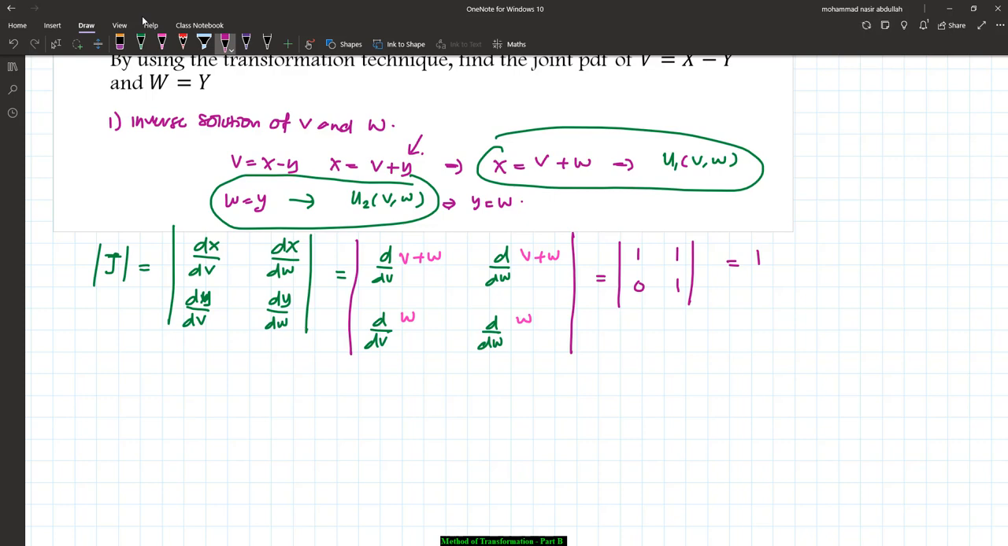Right, so our new PDF VW should be equal to F, kita tak pakai W dah, kita pakai U1, VW U2 VW. Right, multiply with the determinant of Jacobians. So this one should be